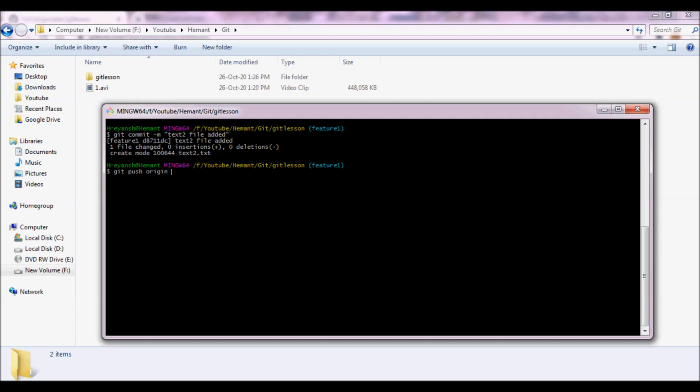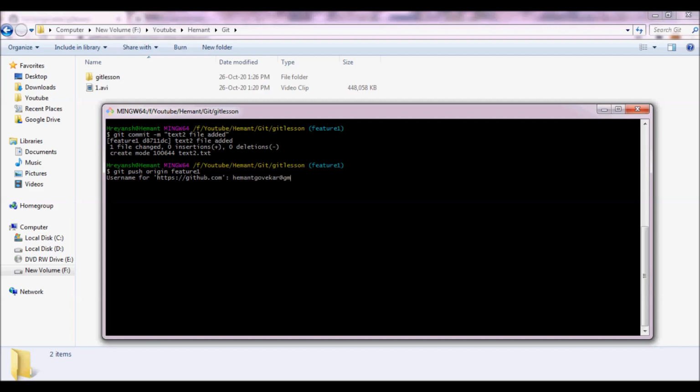So in the last lecture what we saw was we pushed it from master to the origin. Now we have to do it from feature 1 to origin. So what we have to do is git push origin feature. Okay, it would ask me for credentials.